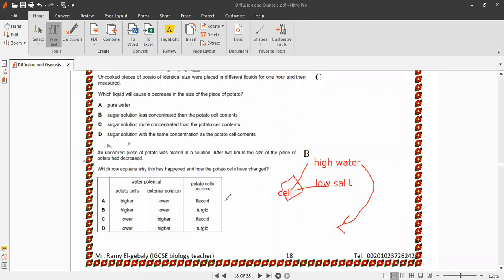What happens to the potato cell? The potato cell becomes